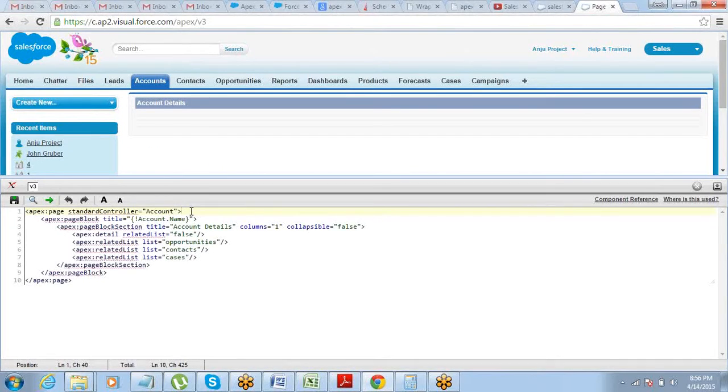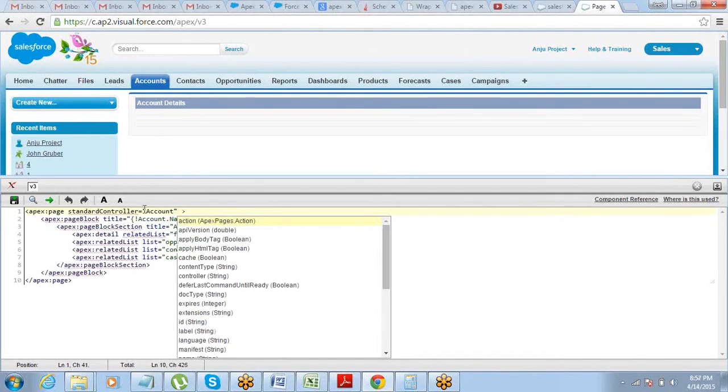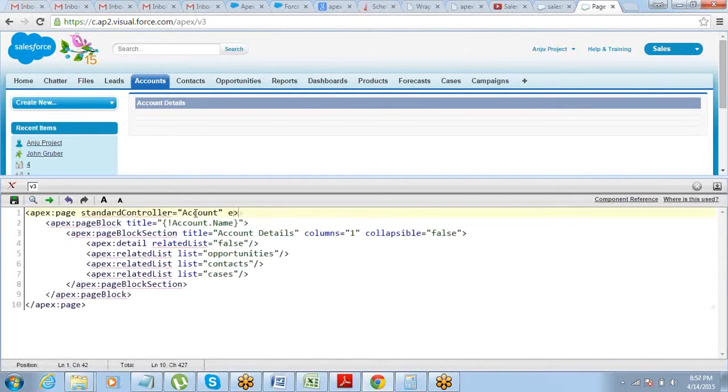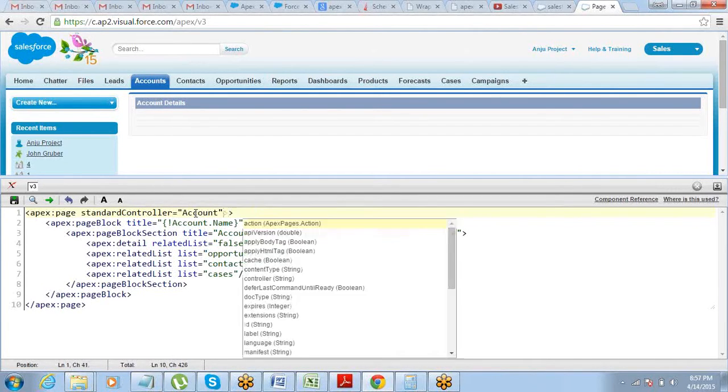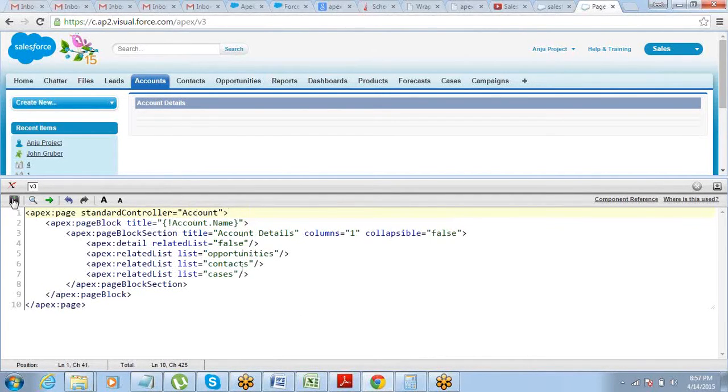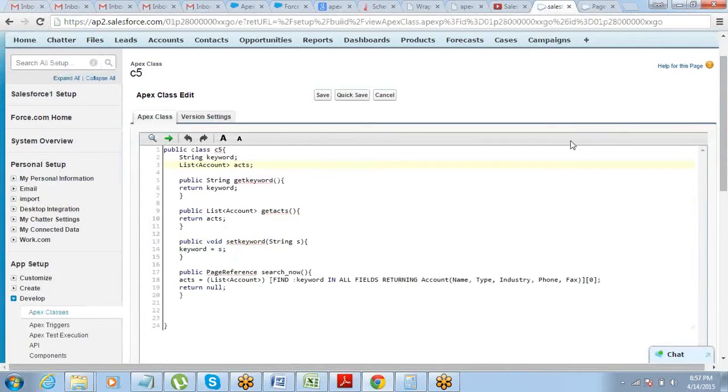There is one more attribute in the Apex page component which is called extension. See, you should call your extension here. You should define the class and call the extension here. Okay, so first of all, let's define an extension and then I will call it here on the same page. So just go ahead and create an Apex class.